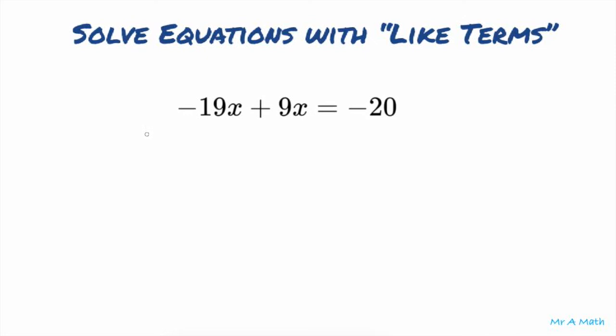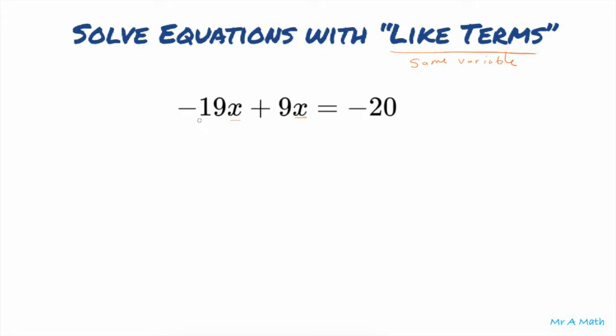Hey everyone, so we're going to be solving equations with what we call like terms. A like term is basically just a term with the same variable. In this case, my variable is x and x. So negative 19x and positive 9x are going to be like terms. And then negative 20 is going to be kind of by itself here because it doesn't have an x attached